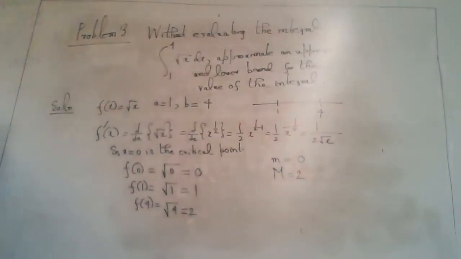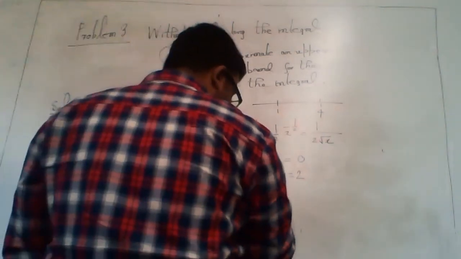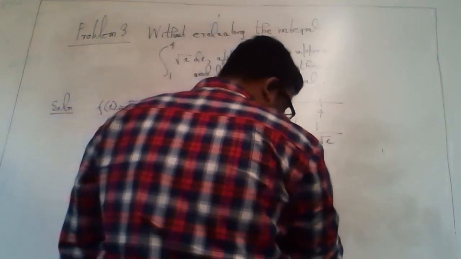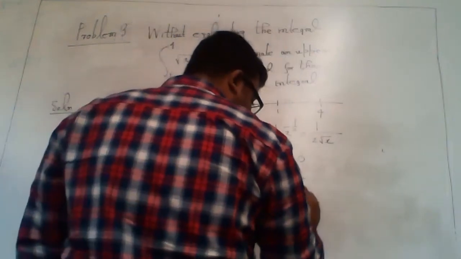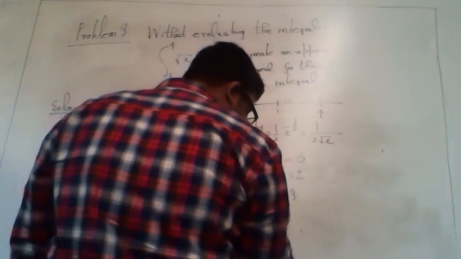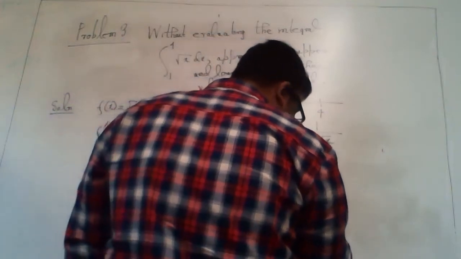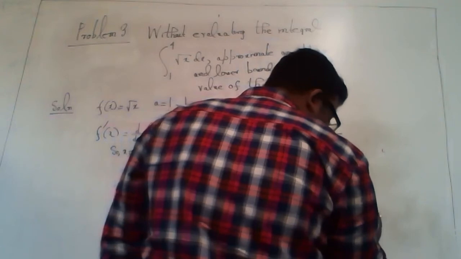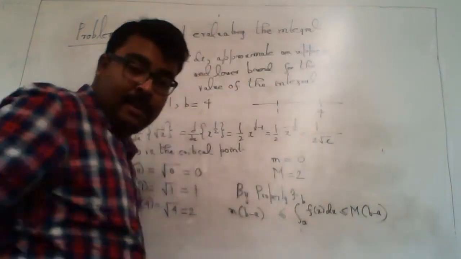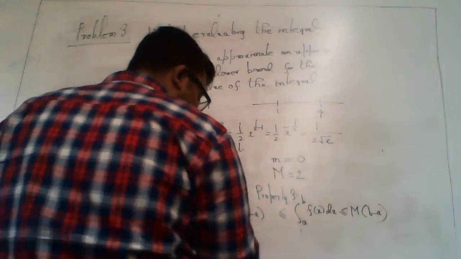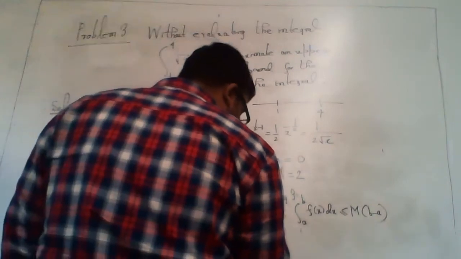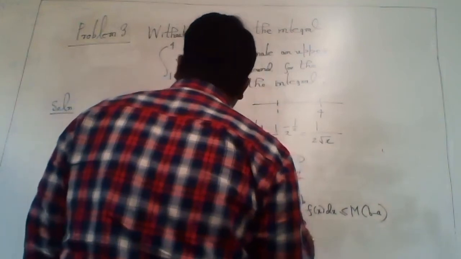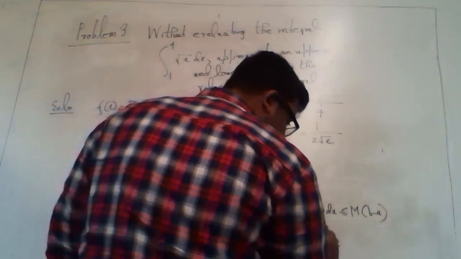So by property 3, I can write small m times (b minus a) is less than the integral from a to b of f(x) dx, which is less than capital M times (b minus a). So just plug in the values. In place of m put 0, in place of b put 4, in place of a put 1, and f(x) is square root of x, so the integral from 1 to 4 of square root of x dx is less than capital M, which is 2,